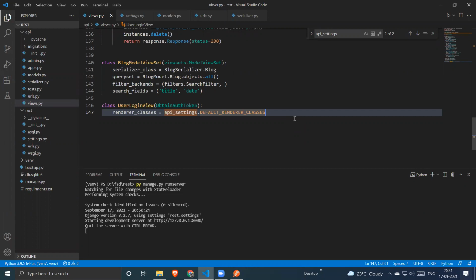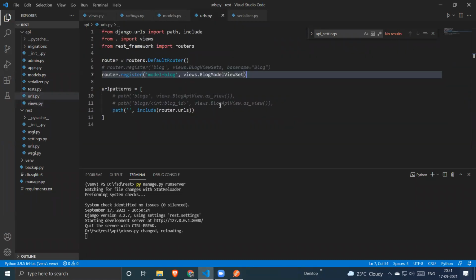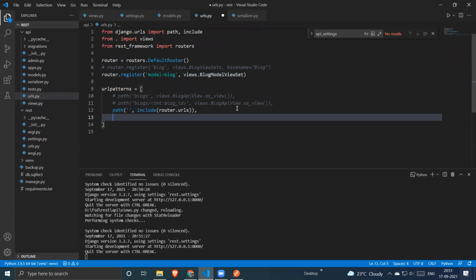Okay, so we have created a view function for our login. We need to create a URL pattern in order to make a user authenticated, right? We need a URL pattern where the user can submit their request and the request gets processed. So we need to perform one more thing, which is create a URL pattern for our login.